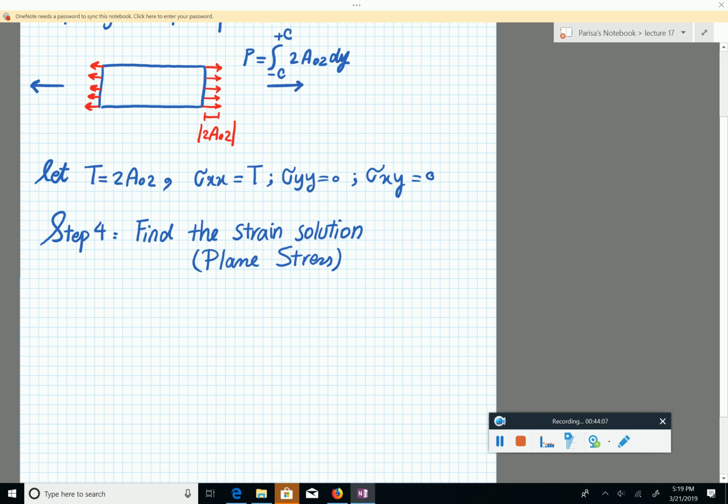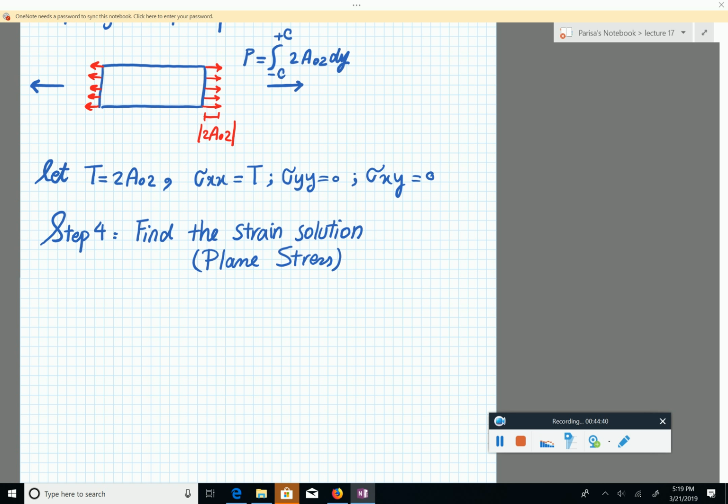Then we looked at our domain and we built our problem by looking at the boundaries. And now we want to know more. We want to know strain and displacement also, to see whether all the things that we learn in elasticity are going to actually produce the solutions that we need. Now let's use the plane stress solution